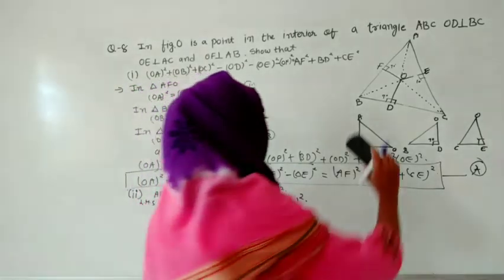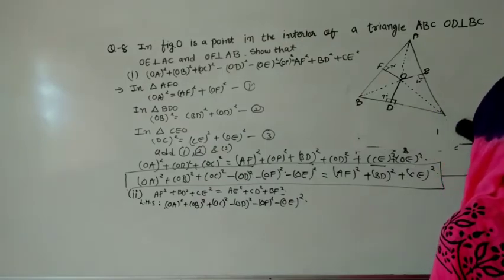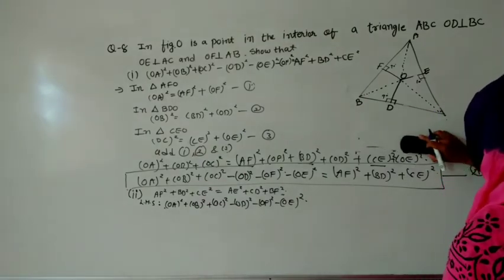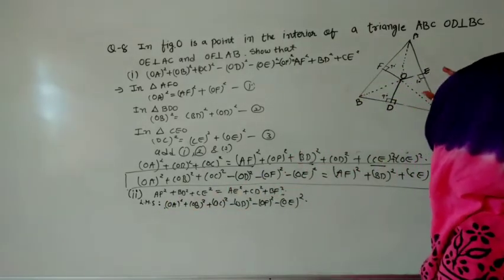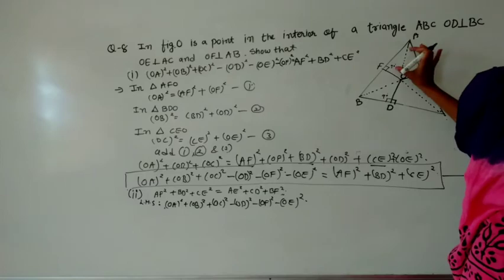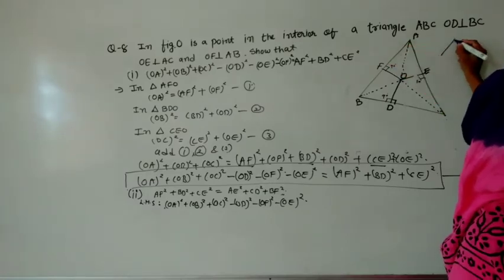So here right now we don't want this figure, so let me rub it and let me explain some other figures so you can make the combination in a better way. Here we want AF square. So first we will find where AF is. So here is AF. And if we want to make a square of it, let me draw the figure.